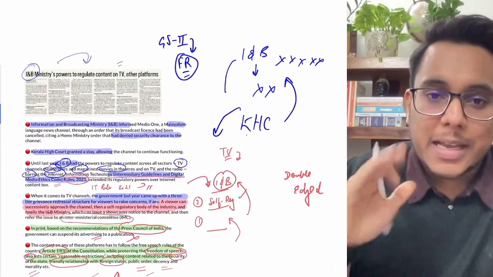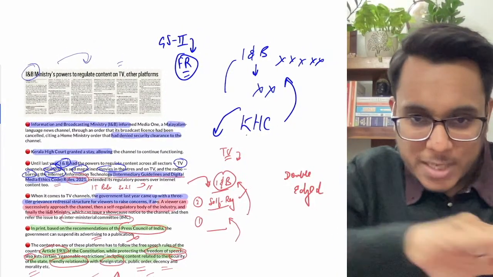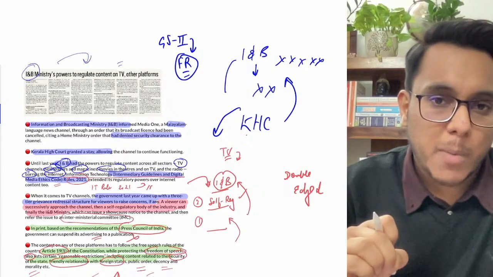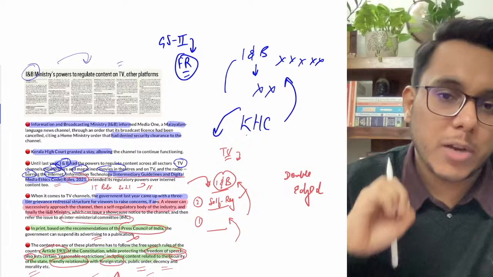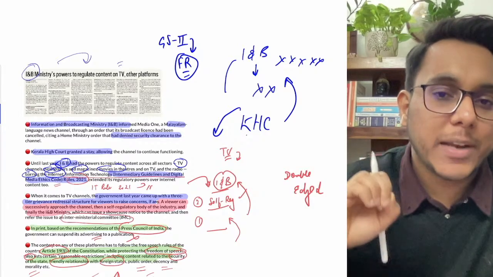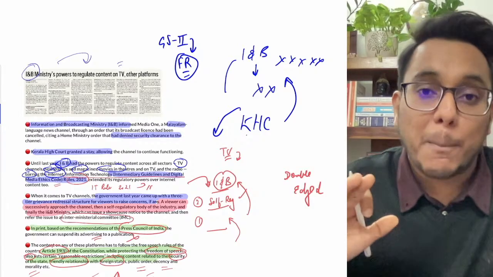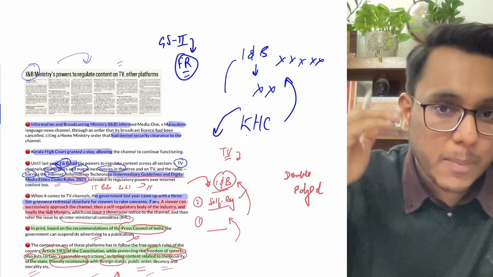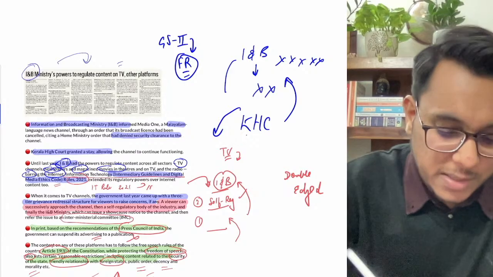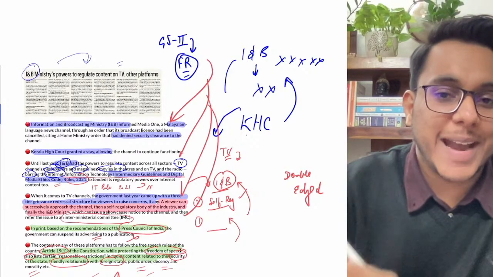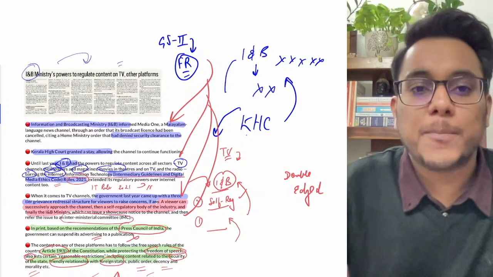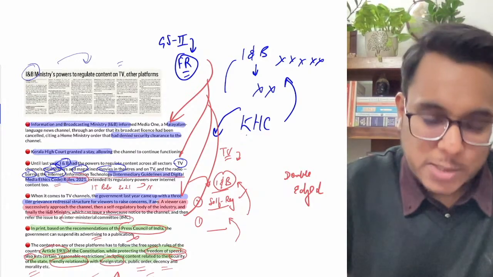Now guys, see, such specific information, for example, we have taken here. Outrightly, a question will not be asked on how the I&B regulates content on TV. No. But where the question is about dissent and curbs on speech and expression, you can use such information and it will authenticate your content and make it a little different from other content. So that is all about this article.